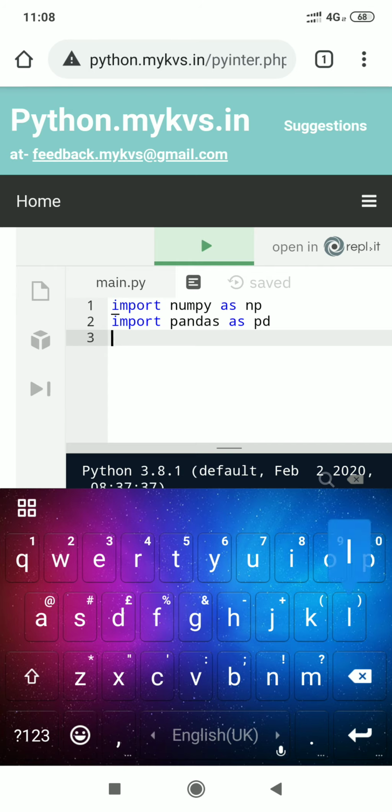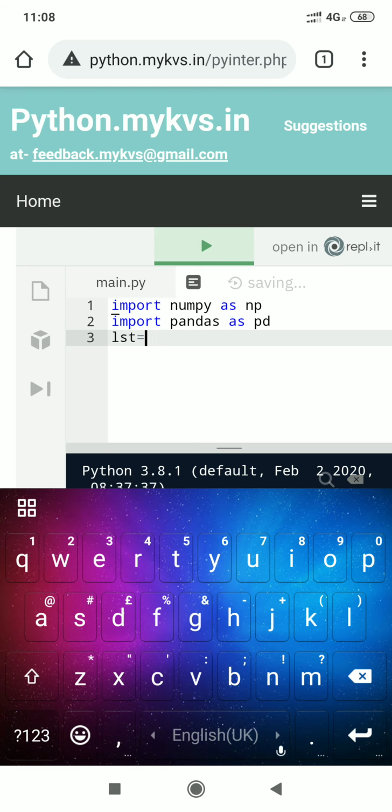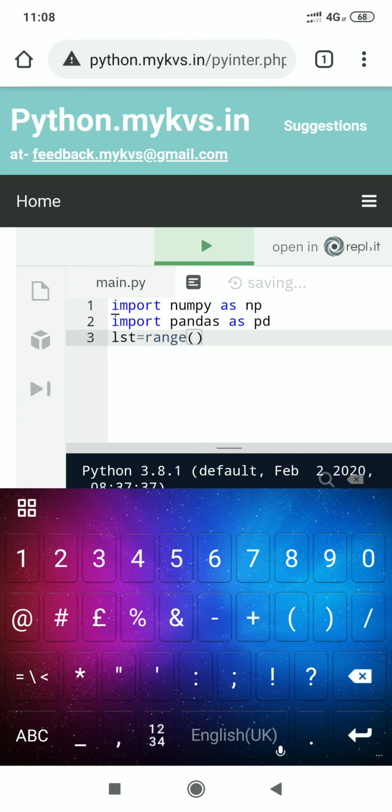We can create a list with the help of the range function. Here we will mention 5, 14, but LST will not be created as a list, so the range value has to be converted into a list.